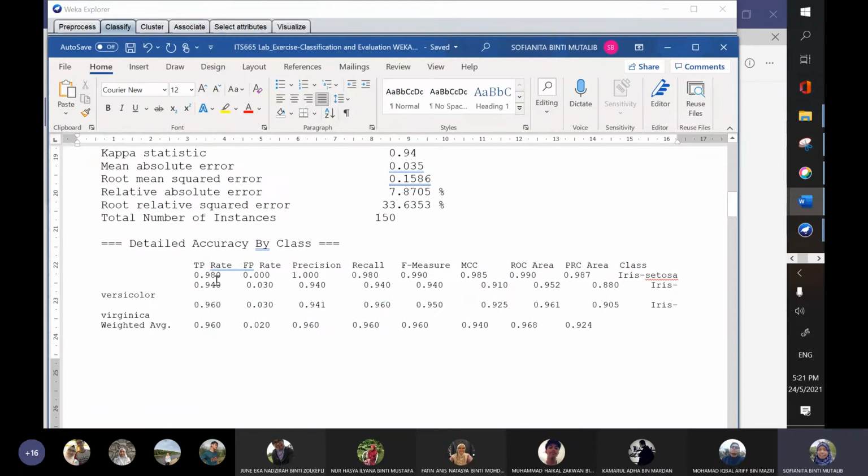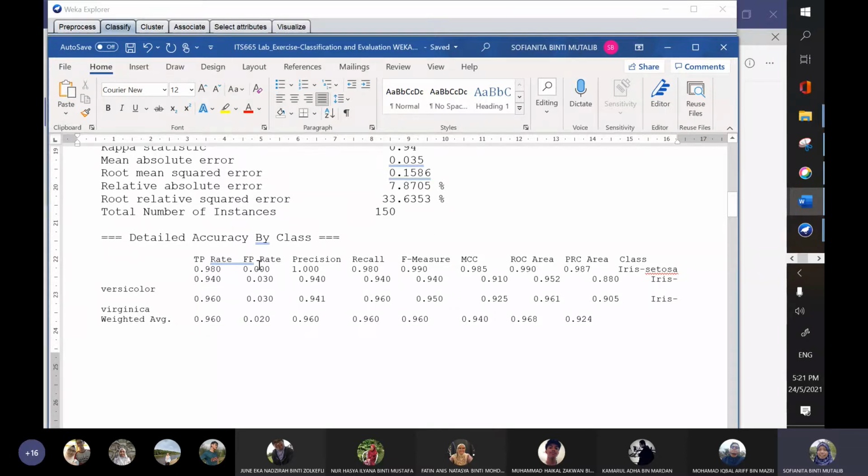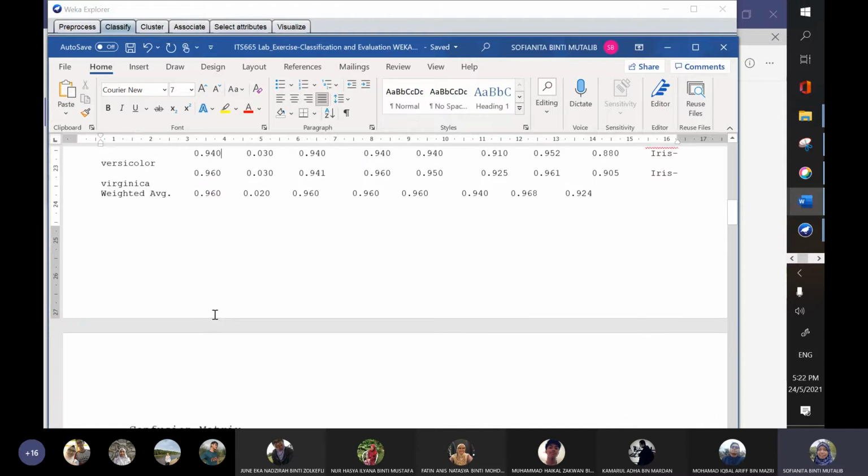So this is what we have in the measures. In this case I just want you to focus on TP rate, FP rate, precision, and recall, where recall is equal to sensitivity. The rest can be explored later, but firstly I want you to really understand this. And the last one, the final, refers to what we call the average. So to get the average, 0.80 plus 0.940 plus 0.60 divided by 3, because we have 3 class levels.